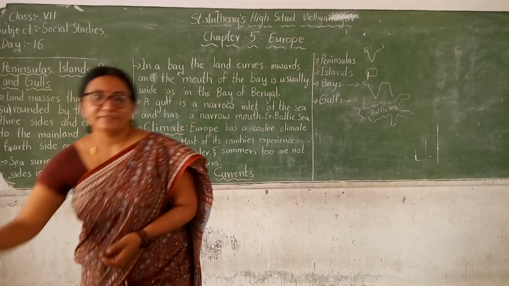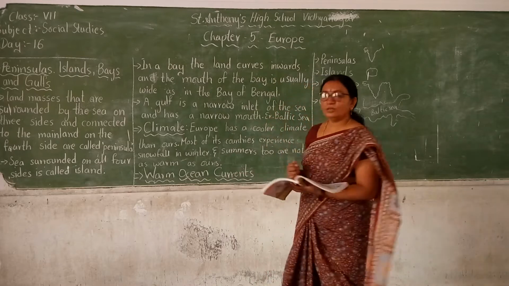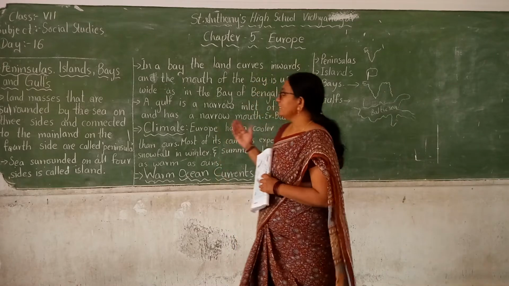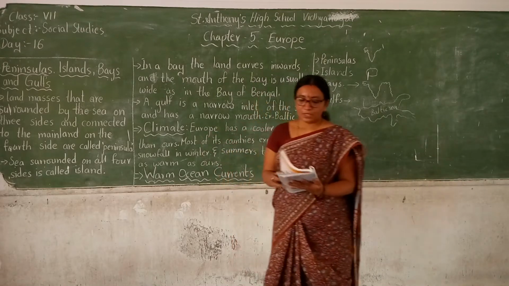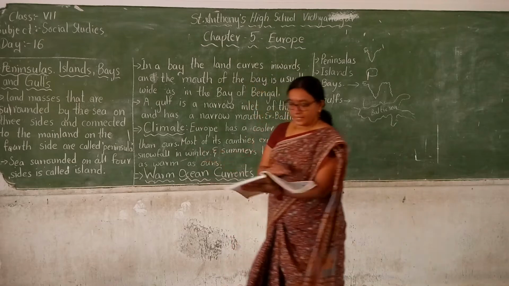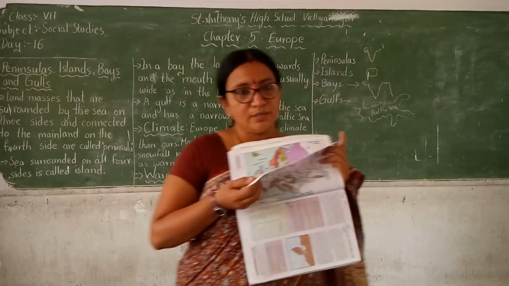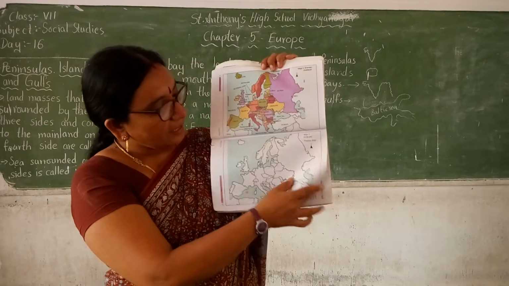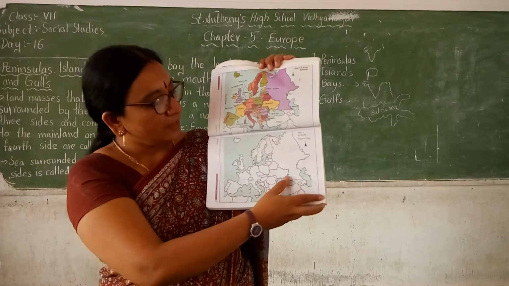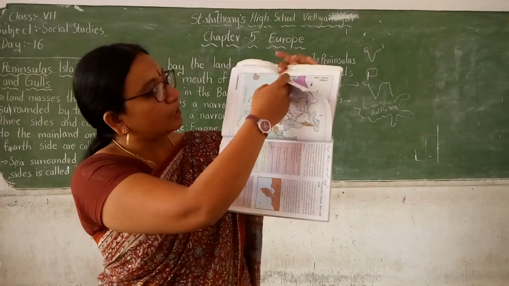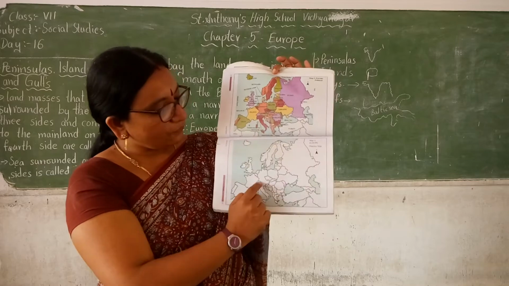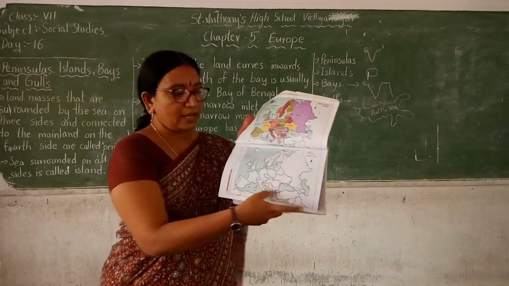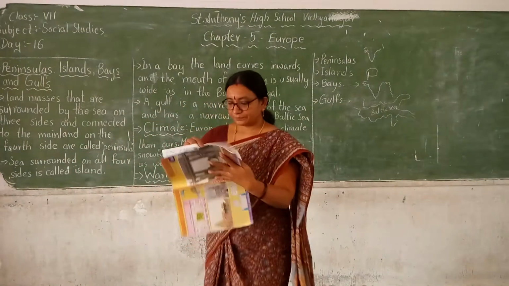In the last class I explained to you about the location of Europe. Now let us know about the different kinds of lands in Europe. Here you can see that in the last class we also studied these three maps. Do you remember? There is the political map, and you can use this map to write down the details about the mountains, rivers, and the different countries of Europe. While reading, it is very important that you go through these maps.